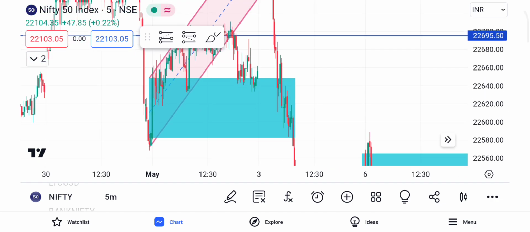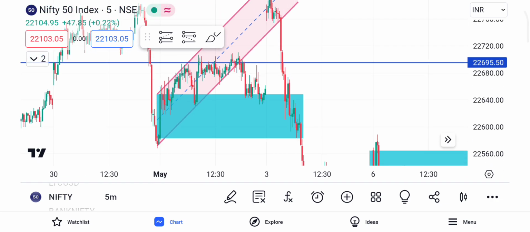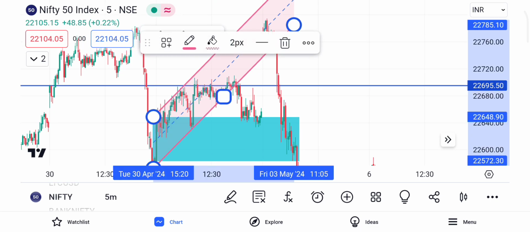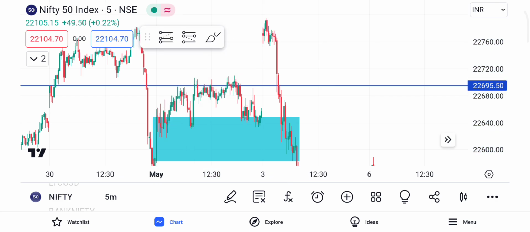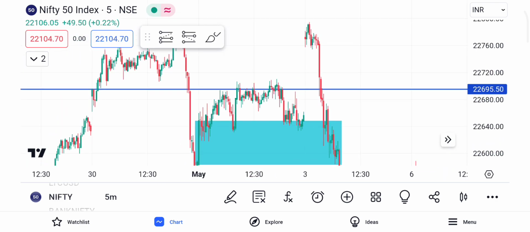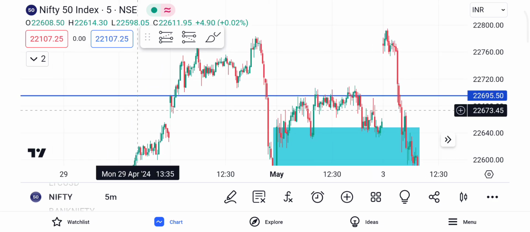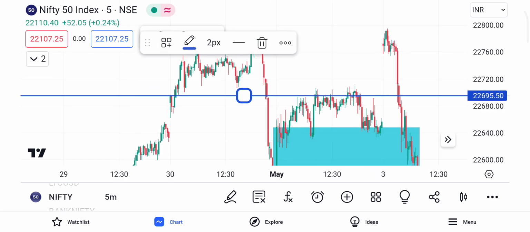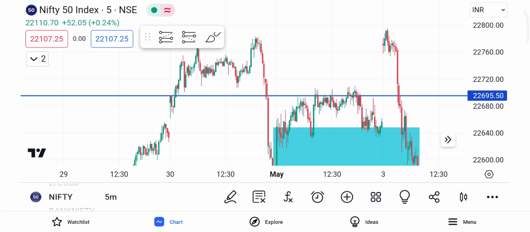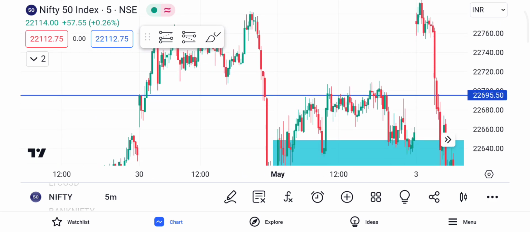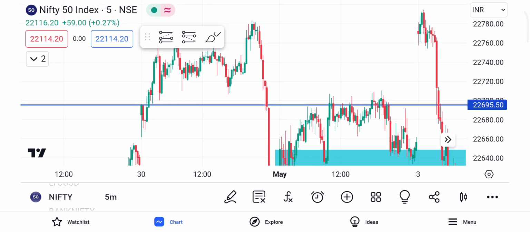You take the first 5 minutes of the candle, you try to find the opportunities, whether they are there or not, and based on that you take the trade. And this one I'll remove for now, and we see this, okay. And 22,695, I think here we have taken, right? So this actually worked here. This we have taken as the candle closing of previous trading days, the first 5 minutes candle.